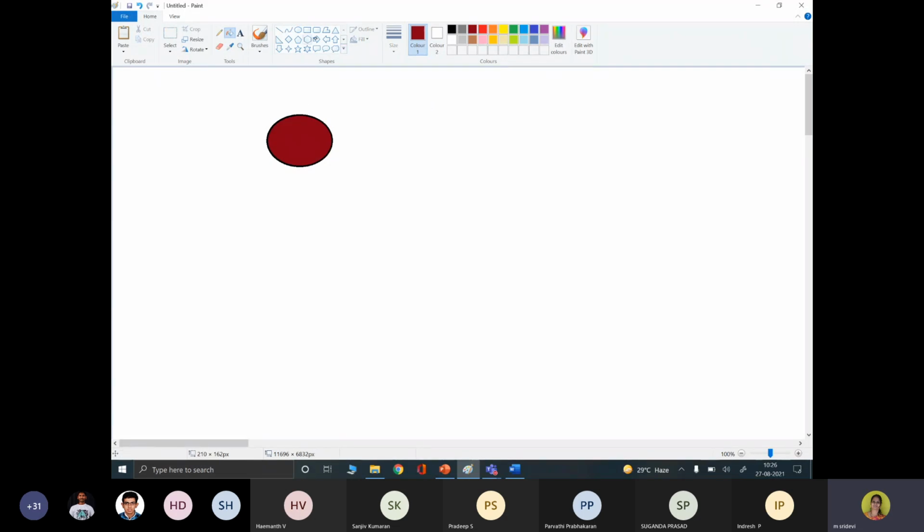Paint is an example of application software. Now, if you are using a general purpose software, any high level language, again you will be setting pixels. You only get the outline via those pixels. So you can get a circle or whatever object you want, but only the outlines will be there. Inside it is not colored. To color the interior region, we have to go for some filling algorithms.